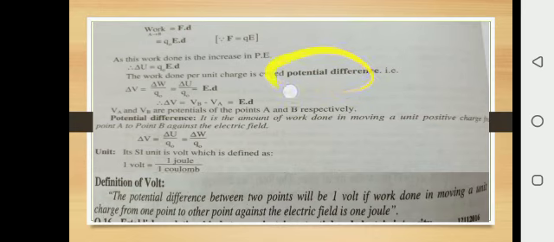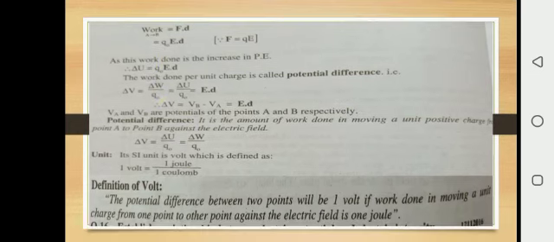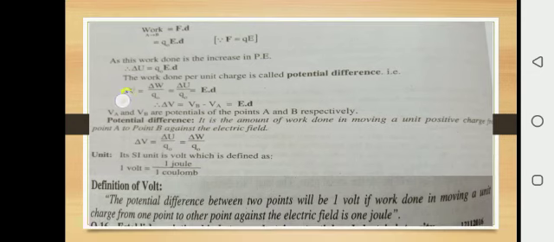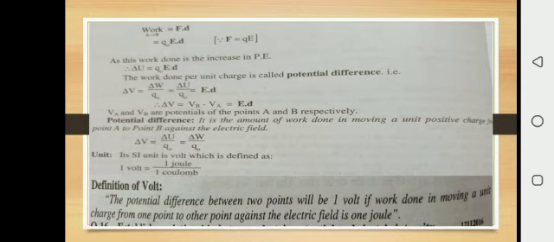So this is another definition of potential difference. Short definition, you can say work done per unit charge, with the help of this formula. Delta W is work done, that is in the form of potential energy. The work done per unit charge, this is work done, and this one is unit charge. Unit charge means single charge. Work done per unit charge is known as delta V, which represents potential difference. So delta W is replaced by this potential energy delta U, and delta U over Q naught is equal to E dot d.